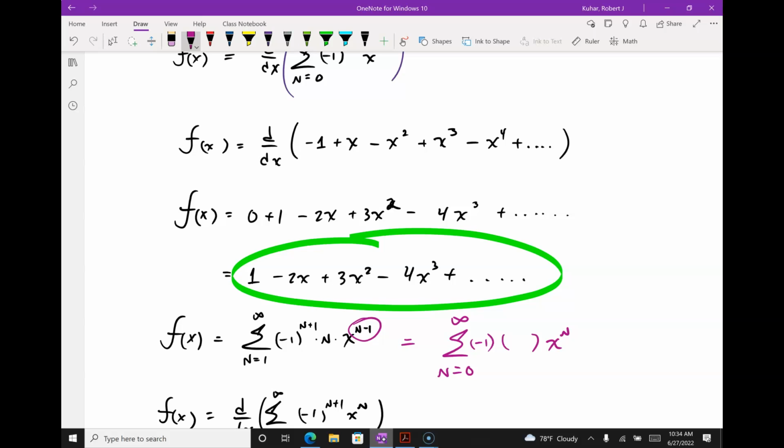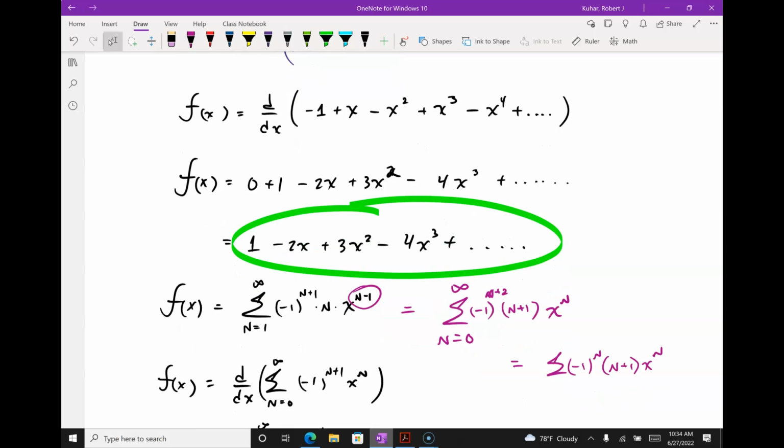I added 1, right? So I'm going to add 1 everywhere else. So I get an n plus 1, and I get an n plus 2. Now, n plus 2 starts even, right? So I don't really need the n plus 2. I just have to have it started even. Exactly. So I can make that prettier too. So negative 1 to the n times an n plus 1 times an x to the n, all starting at